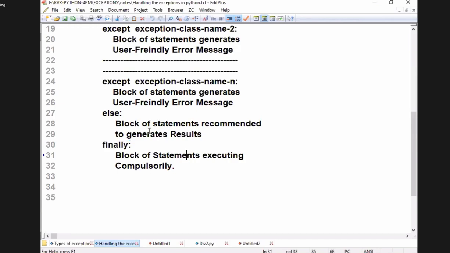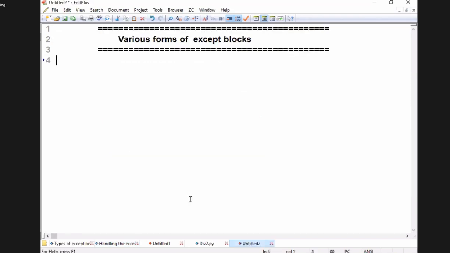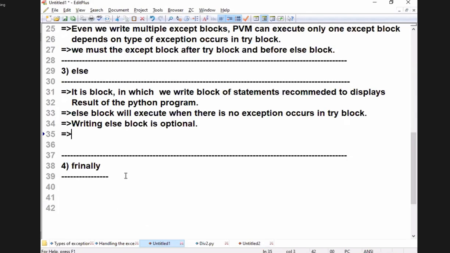If I am writing it, the else block should be written after the except block and before the finally block. So the last point, students: we write the else block after the except block and before the finally block.